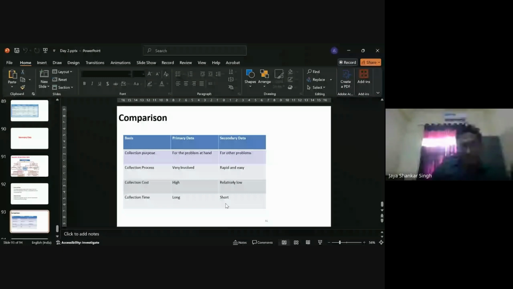Collection time is obviously primary data will take a lot of time. Secondary data, you can straight away go start using. Suppose if I ask to understand the micro transaction being done at the